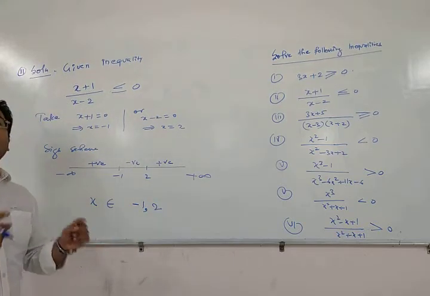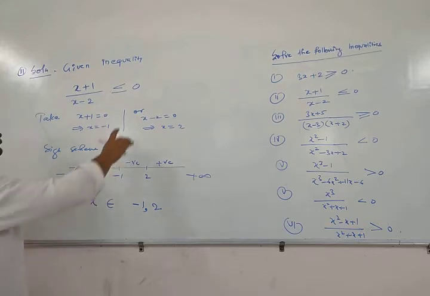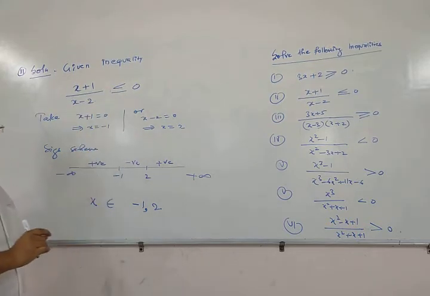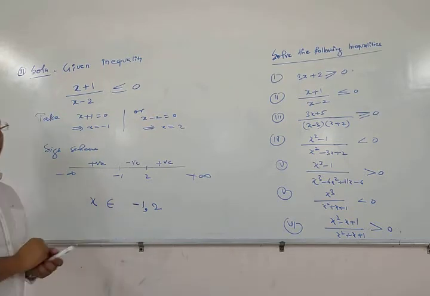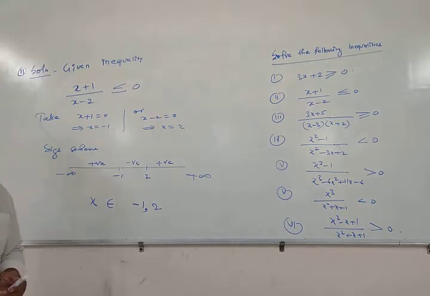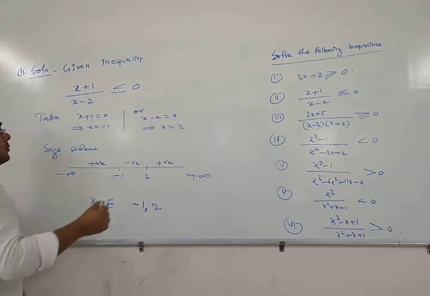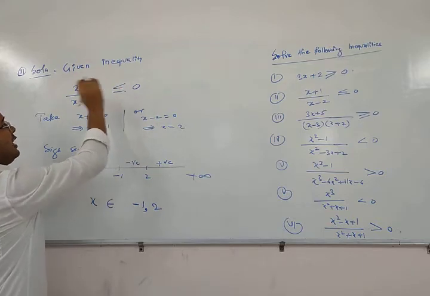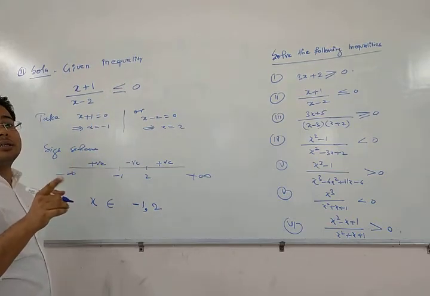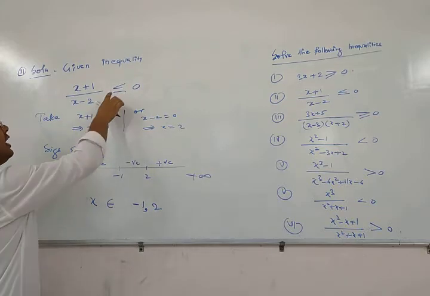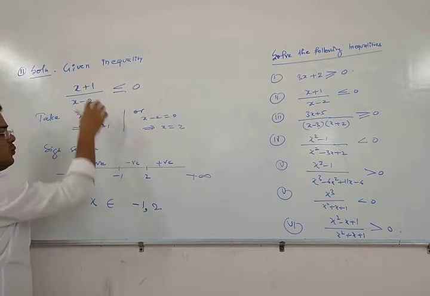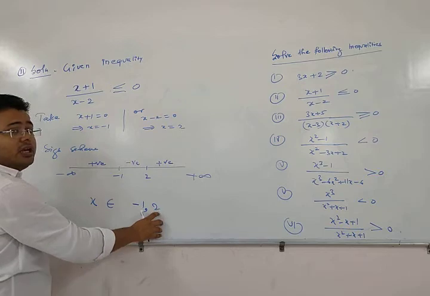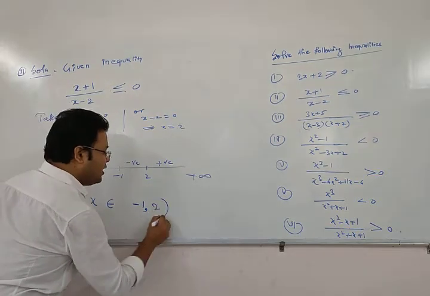But lastly we have to put the interval. Here there is a sign of equality, and there is a method to write where we use the sign of close and where we use the sign of open. However there is an equal to sign, but you can't take the roots of the denominator. If we put x equal to 2, then it will become undefined. So we can't take 2 in closed interval. We have to take it in open interval.